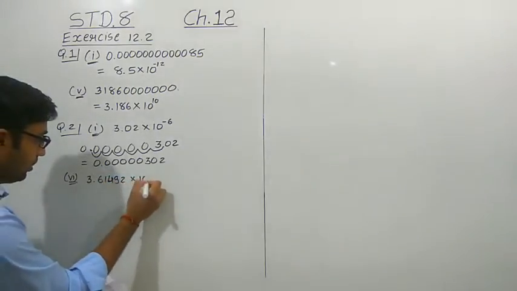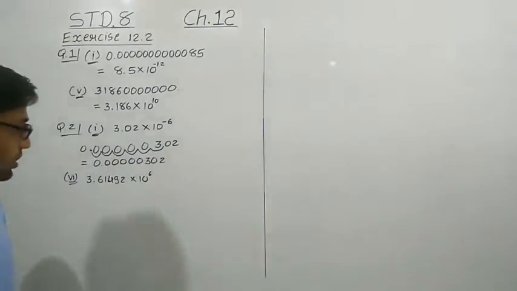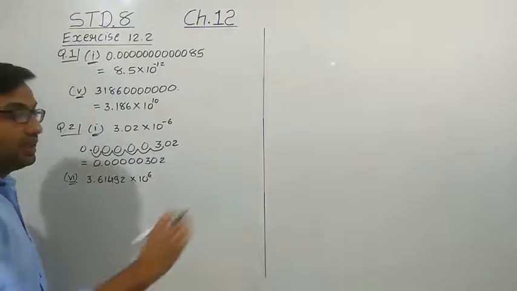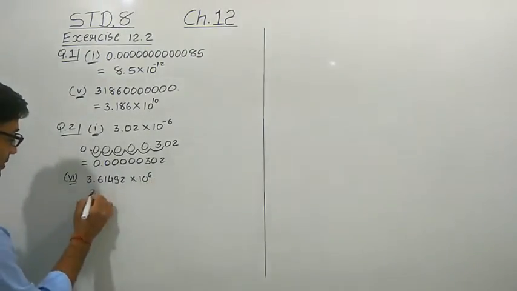61492 into 10 raised to power 6. Here the power is positive. So whenever the power is positive, we have to shift the decimal point to the right hand side. So how many places? 6 places we have to shift. This number is